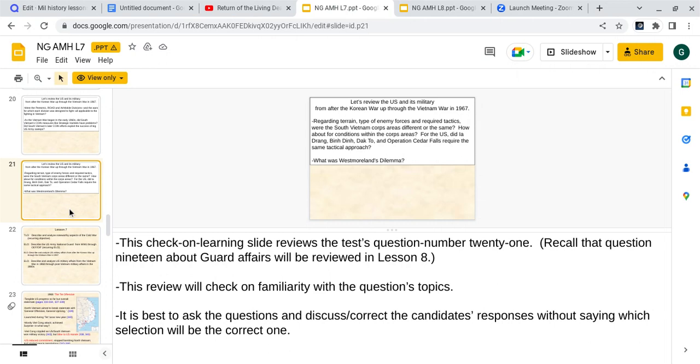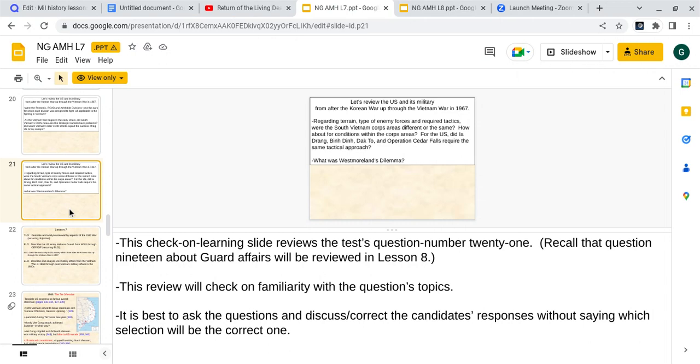And that really hurt the Viet Cong, but it wasn't totally successful because a lot of the Viet Cong escaped and they were able to come back later. And then as for Westmoreland's dilemma. So Westmoreland's dilemma, basically, to sum it up, it was that